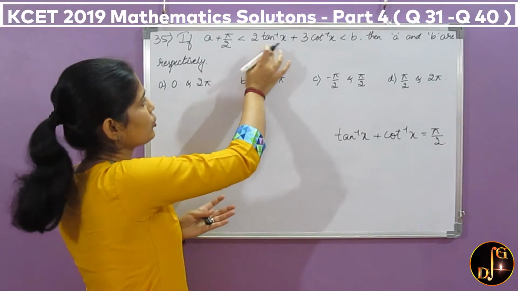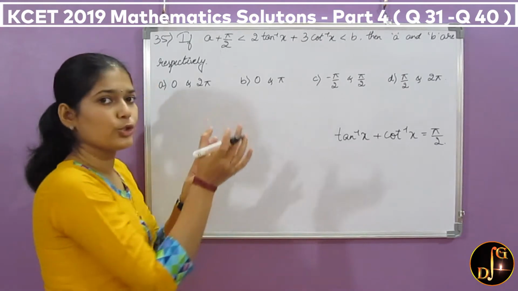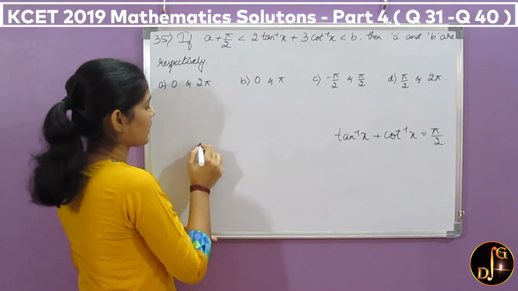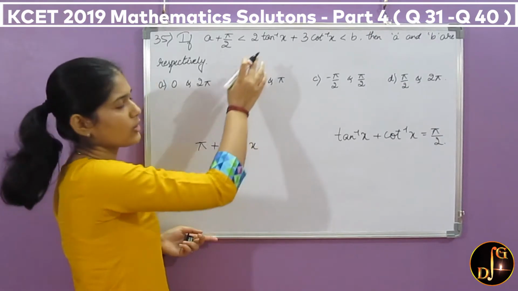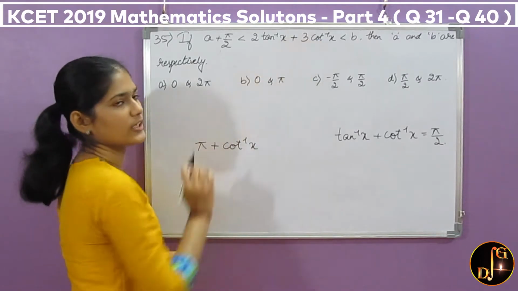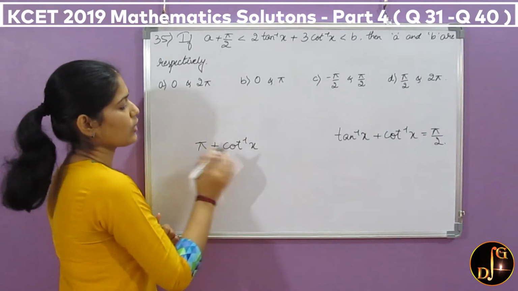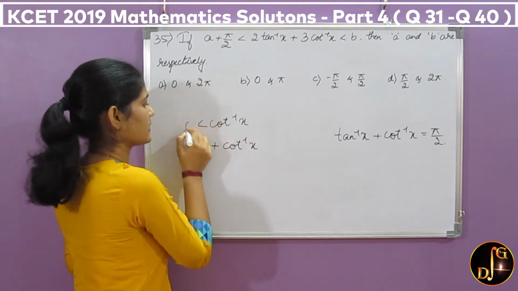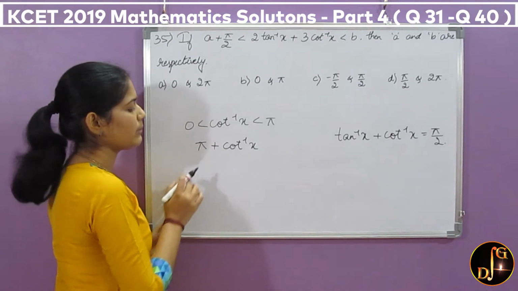Now we have here 2 tan inverse x and here 3 cot inverse x. If we take 2 tan inverse x plus cot inverse x common, then it will be pi plus cot inverse x. Right? Because 2 into tan inverse x plus cot inverse x means we will get pi and 1 cot inverse is left out. And also we know the range for cot inverse. What is it? The range for cot inverse is 0 to pi. Right? Then what will be pi plus cot